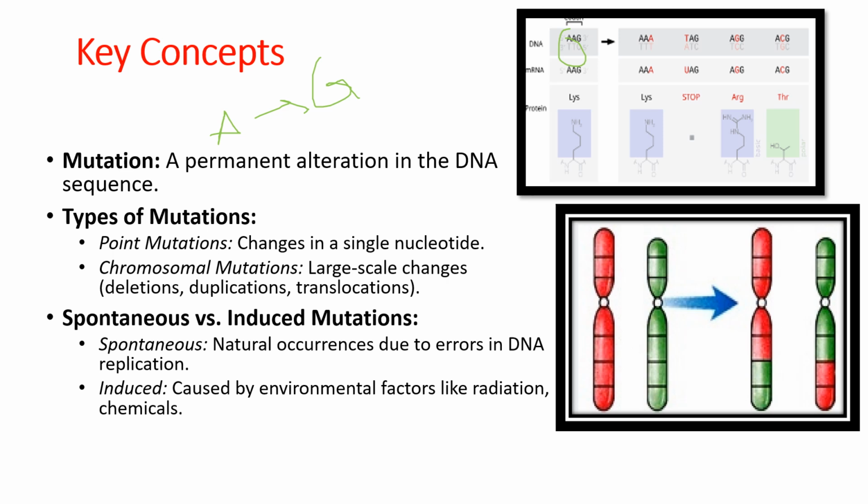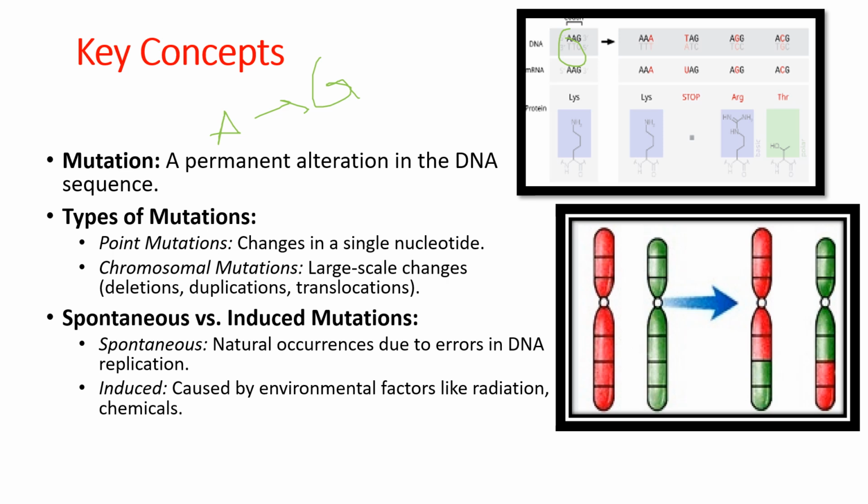Now, in chromosomal mutation, what basically happens is a very large scale change to the structure or number of chromosomes. These can include deletion, duplication, inversion and translocation. I'll try to make a more specific video on chromosomal mutation because it is itself a very vast topic, so I'm just quickly giving you the insight. Again, as an example, Down syndrome is caused by a chromosomal mutational disorder, where there is an extra copy of chromosome 21.